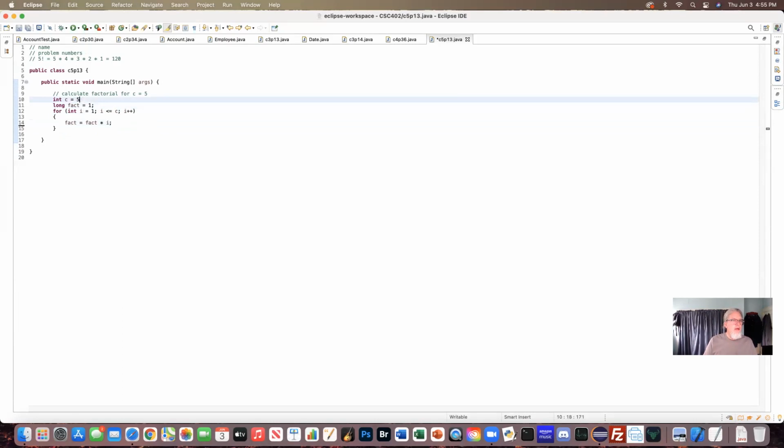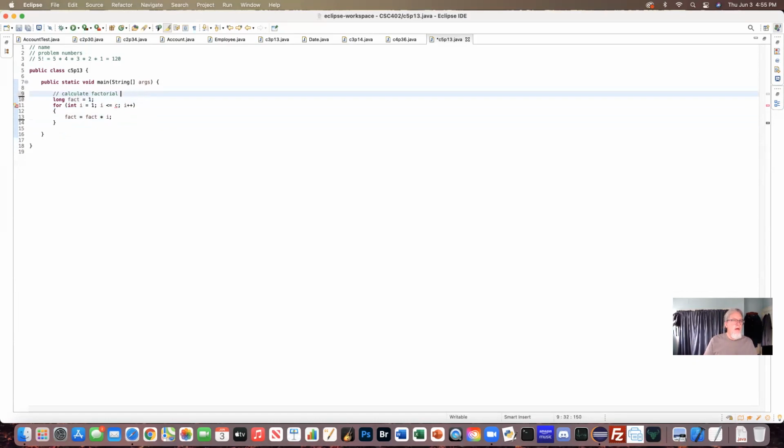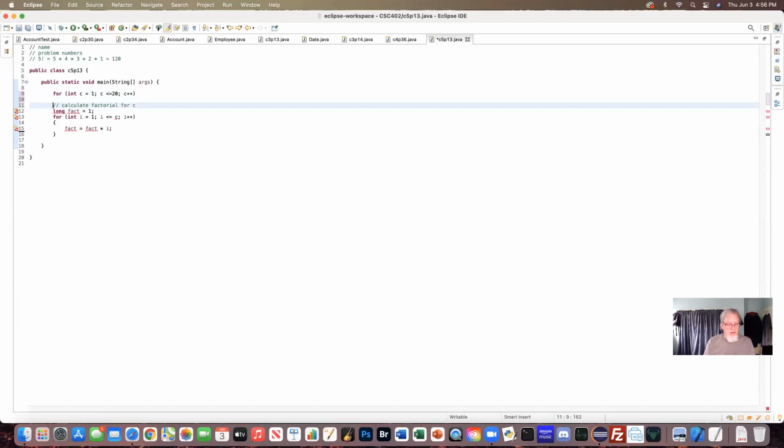Okay, and instead of putting in a single value here, let's do a for loop on the c. So I'm going to say for, not die, for int c, I want it to start at 1. I want it to continue as long as it's less than or equal to 20. That's what the problem said. Then I want to do c++. Okay, so that's going to give me the values 1